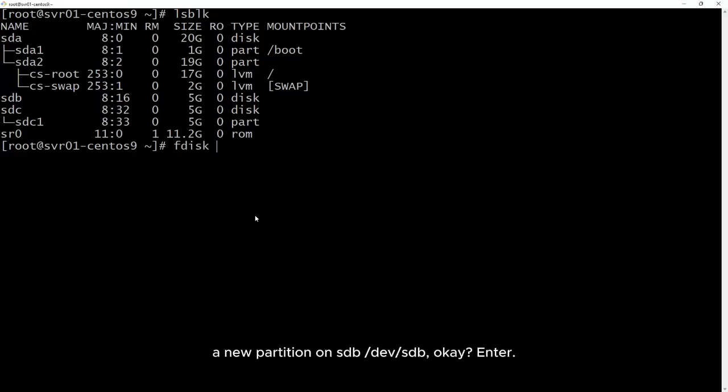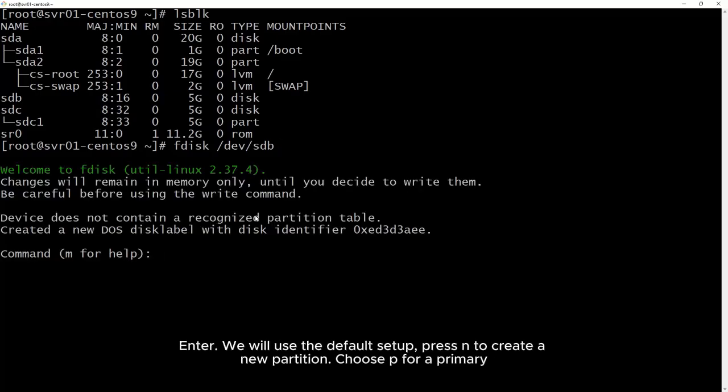fdisk /dev/vdb. Okay, enter. We will use the default setup. Press n to create a new partition.